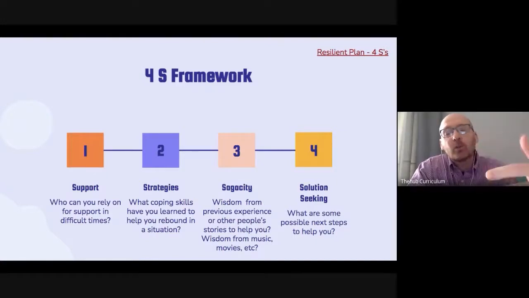And this is one that we may have to work a little bit more with students. They may think they haven't developed wisdom from previous experience. And yes, they haven't been around as long as we have, but we can help guide them to show that they've probably been through more and been resilient in situations more than they might realize. But wisdom doesn't only have to come from our stories or other people's stories.